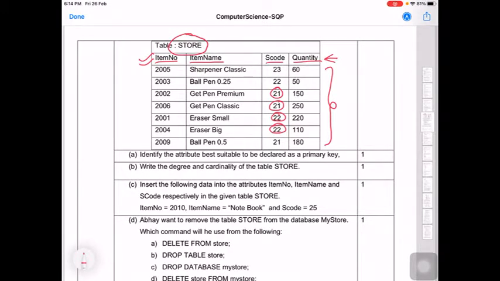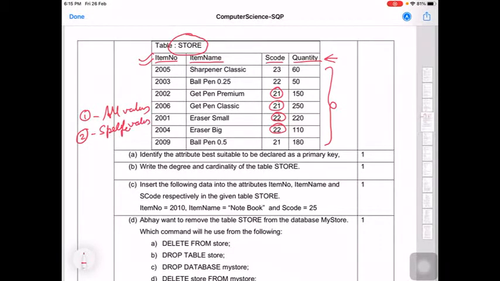Okay, so for the insert into query you must remember the syntax. You will write insert into, then the name of the table, and you must check how many values you have to enter. You have to enter 3 values. As there are 4 columns and you have to enter 3 values, you should use the second variant of insert. Insert has 2 variants. The first variant deals with all the values and the second variant deals with specific values.